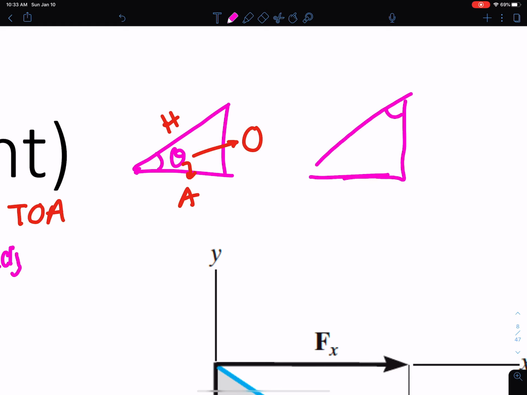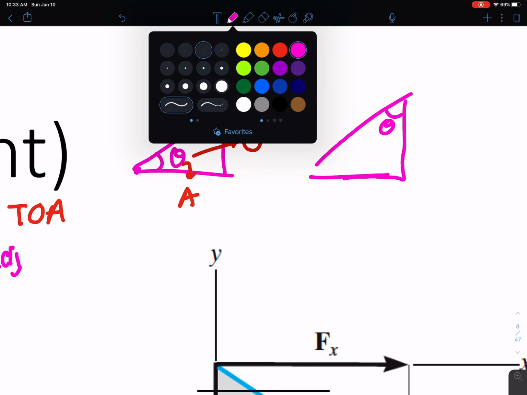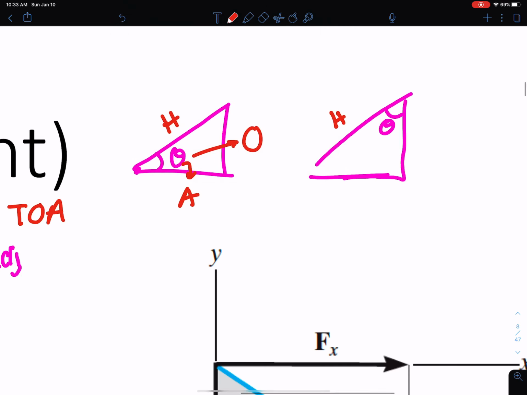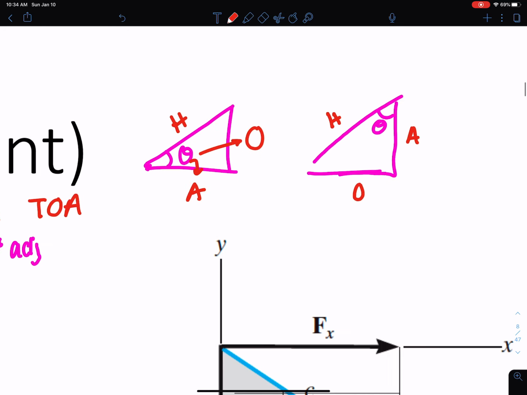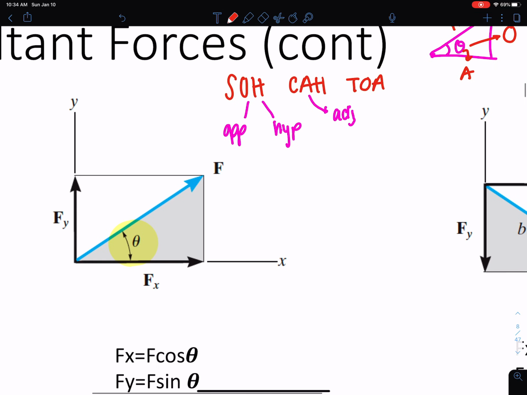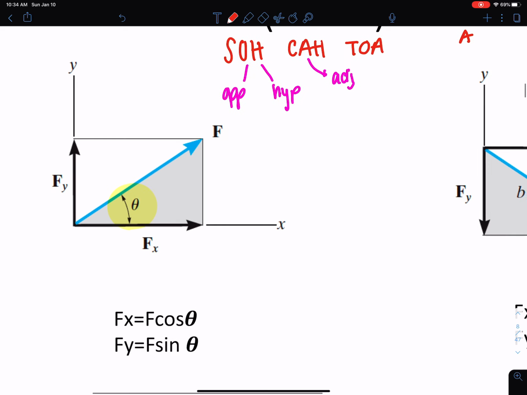So if my theta, this is a really messy drawing, I just want to show you guys, if my theta is here, it could be the same triangle, but now my hypotenuse stays the same, my adjacent is here, my opposite is here, okay? So it does not have to be that cosine goes with x and sine goes with y. You need to know which angle you're measuring it from, okay? And I'll show you this in a couple of examples, but for now, let me use the one we have here. So if I'm looking at this triangle here,